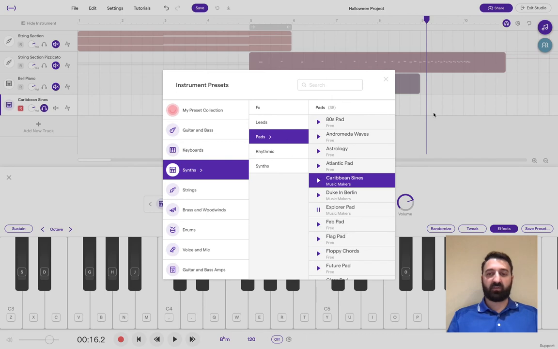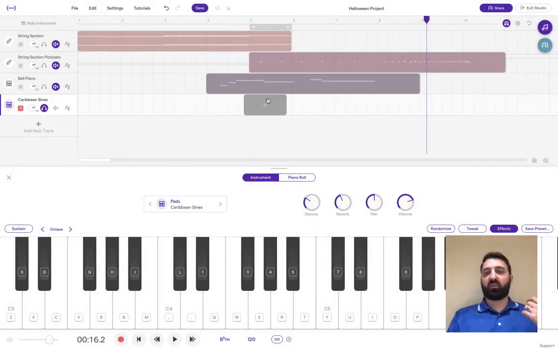I like this one. All right, I'm going to use this one. And I'm going to record a simple thing. It could be a couple notes. Like really think about